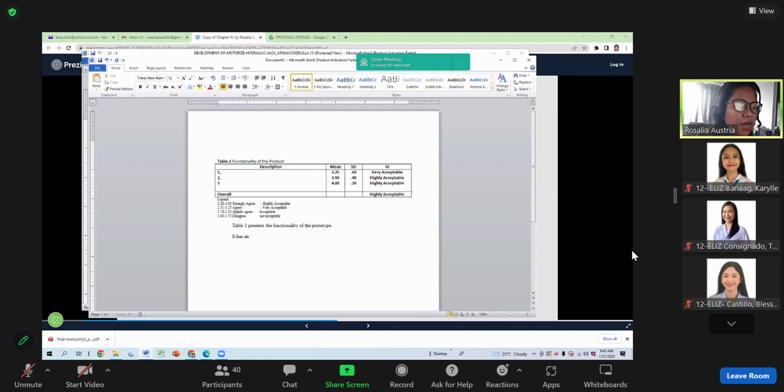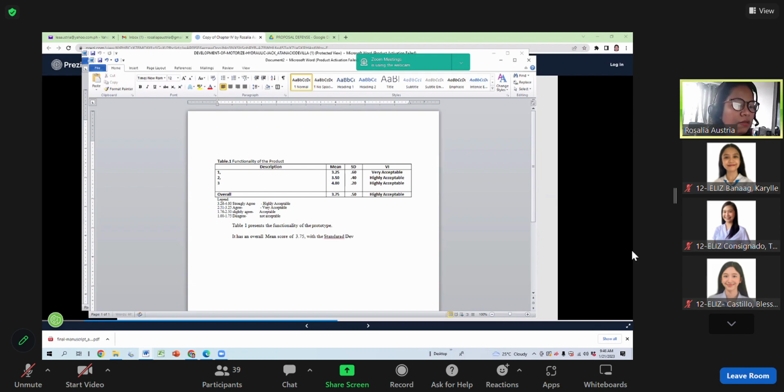It has an overall mean score of, halimbawa, ang overall mean nito ay 3.75. For instance lang ha. At ito naman, base do sa computation nyo, ay 0.60. For instance lang din. Or 0.50 maybe. Ayan. It has an overall mean score of 3.75